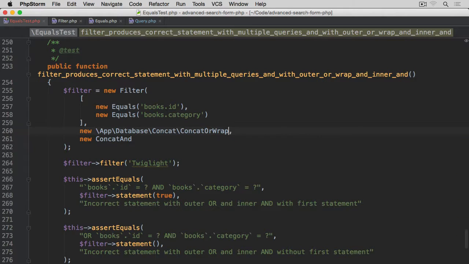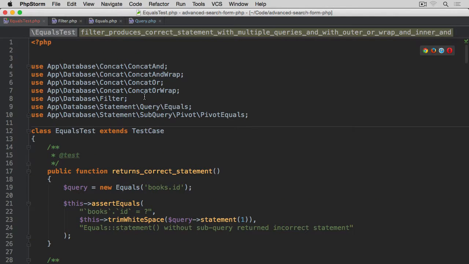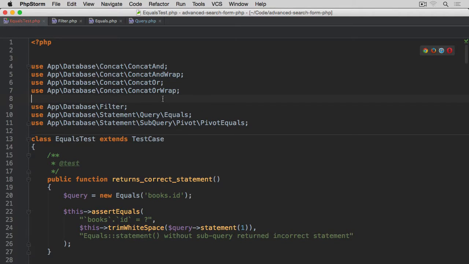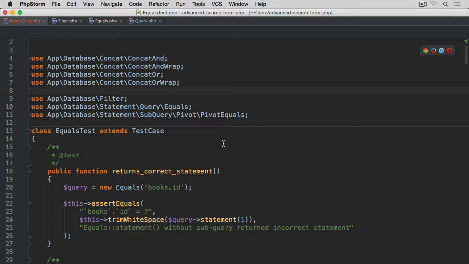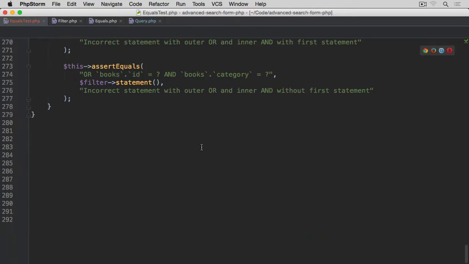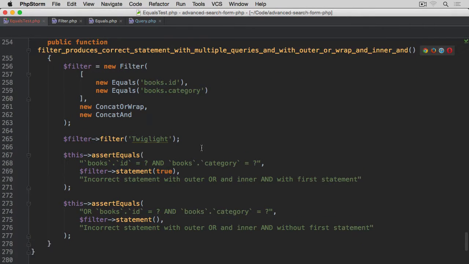There we go. So this other concatenator, concat or wrap, and make sure that obviously again I'm going to scroll up, you import all of these classes here. Concatenators are separate. I'm just going to put them separately, and then all these filter query and subqueries as a separate block as well. Let's just remove this line and let's go back to the bottom,